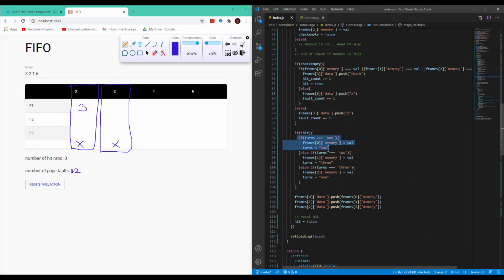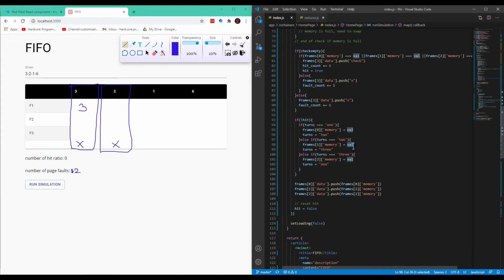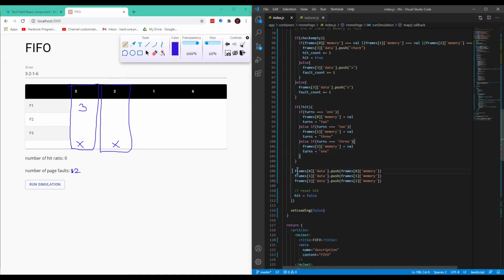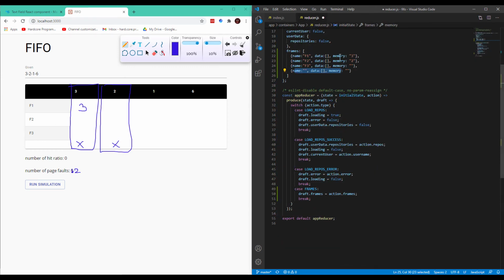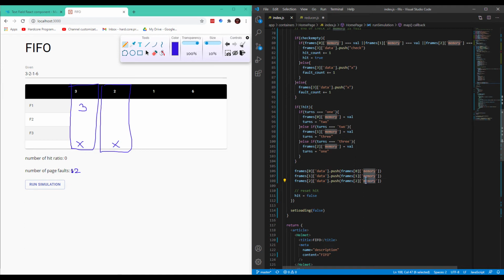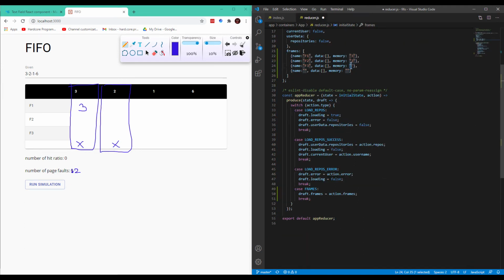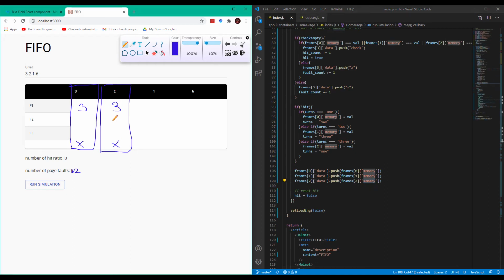So now that we are done here, turns is equal to 2. It's going to assign val, which is 2, going inside frame memory number 2, but that's already done. And now turns becomes 3. So this is like frame 1, frame 2, frame 3. Next we're going to update the data. So memory has 3, frame 2 has 2, and the third one, frame 3, is empty. It's going to be 3 and 2, and this one is empty. Now on to the next